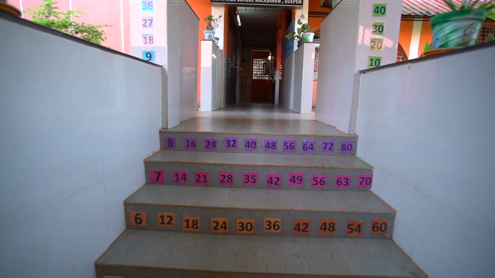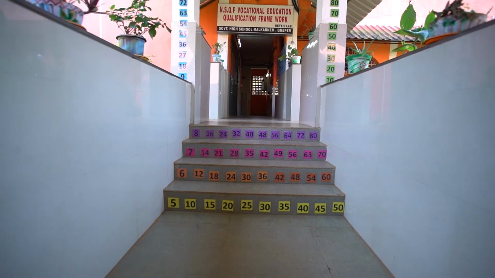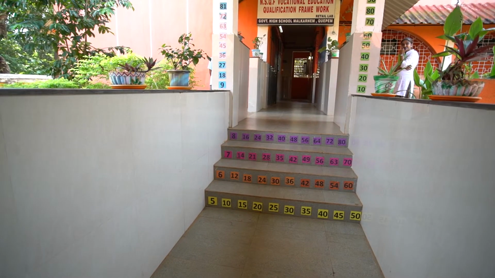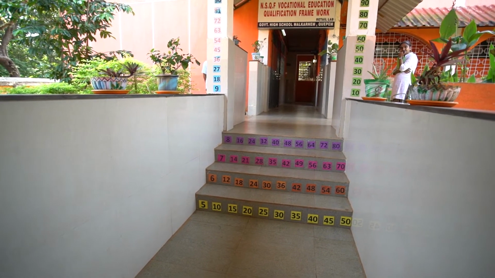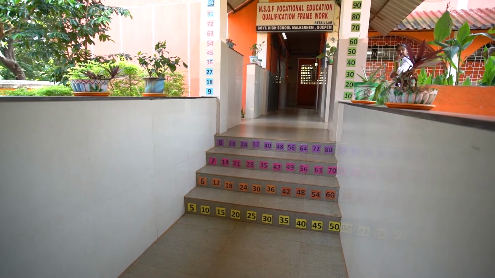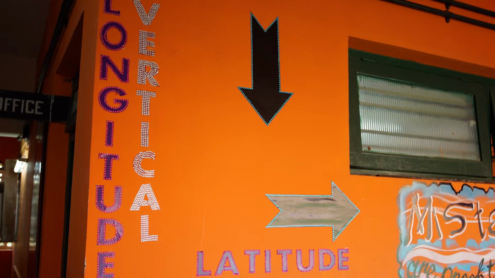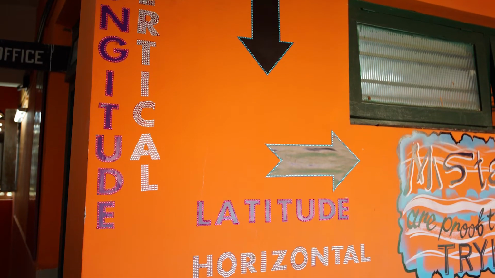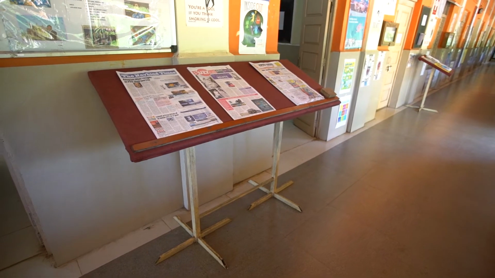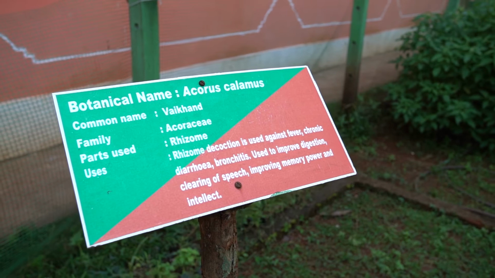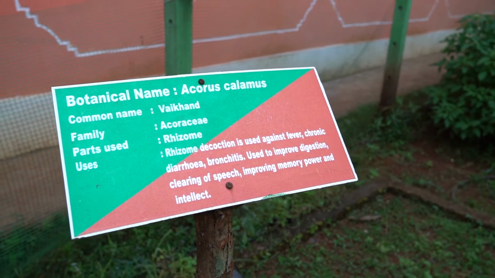So when they see it every day, knowingly or unknowingly, they happen to read that, and the concepts remain with them for lifelong. And then teachers, when they are teaching basic concepts like vowels and consonants, longitude, latitude, they tend to mention this, and students do come during their break or recess period, they pass this side, so they happen to see all these things and they relate all these concepts to their learning. When you put it on walls or make it permanent like this, it will remain for many years.